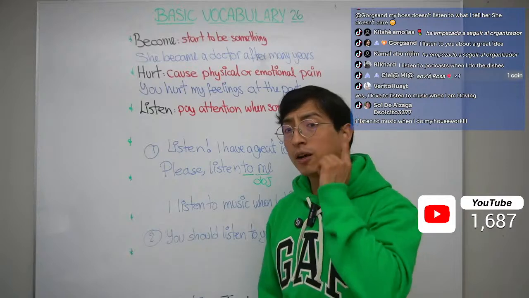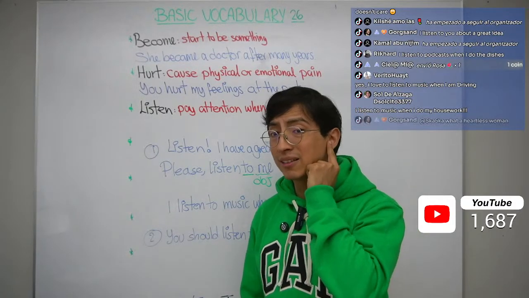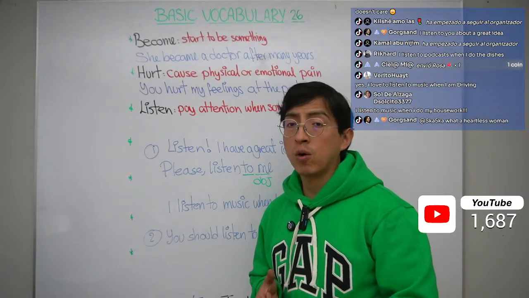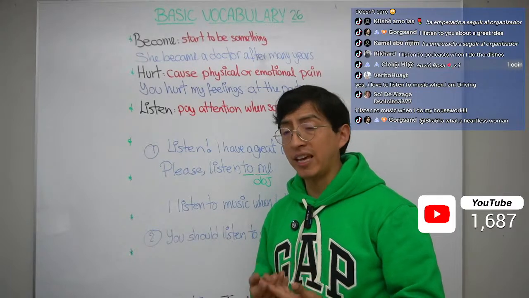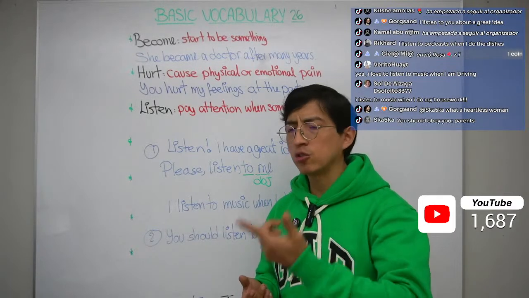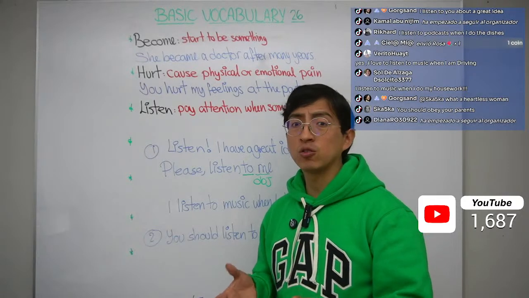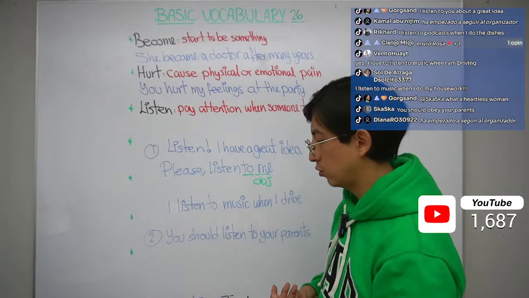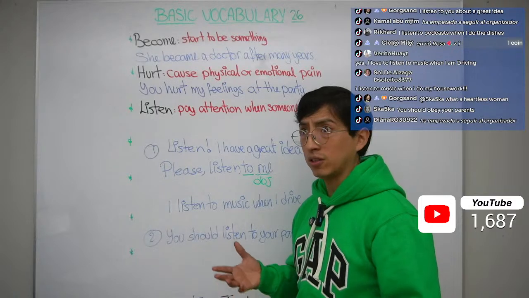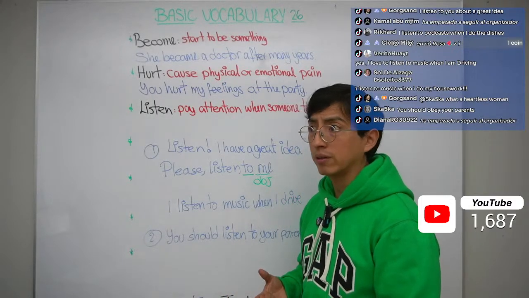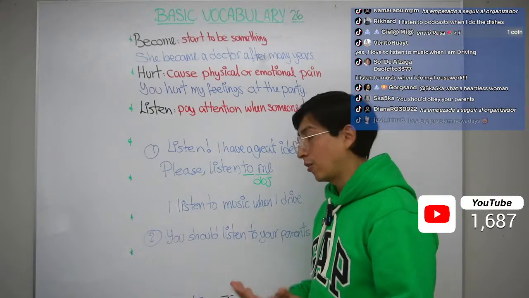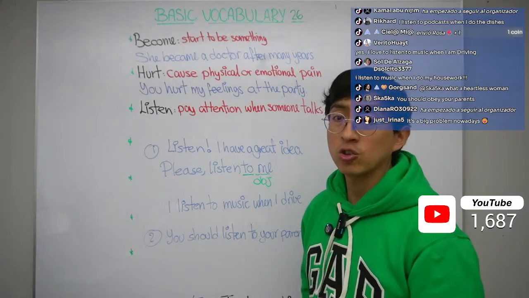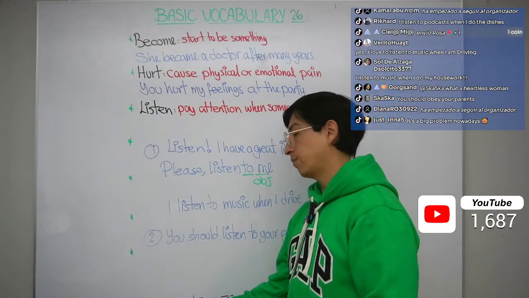In this case, we're not talking about this skill, this ability. We're talking about paying attention to what my parents say. I pay attention to what they ask me to do. I obey my parents when they ask me to do something. I always do it because they're my parents. I love them a lot and I want to make them happy, right? So, this is the other thing. You should listen to your parents. Yes, you should obey your parents.